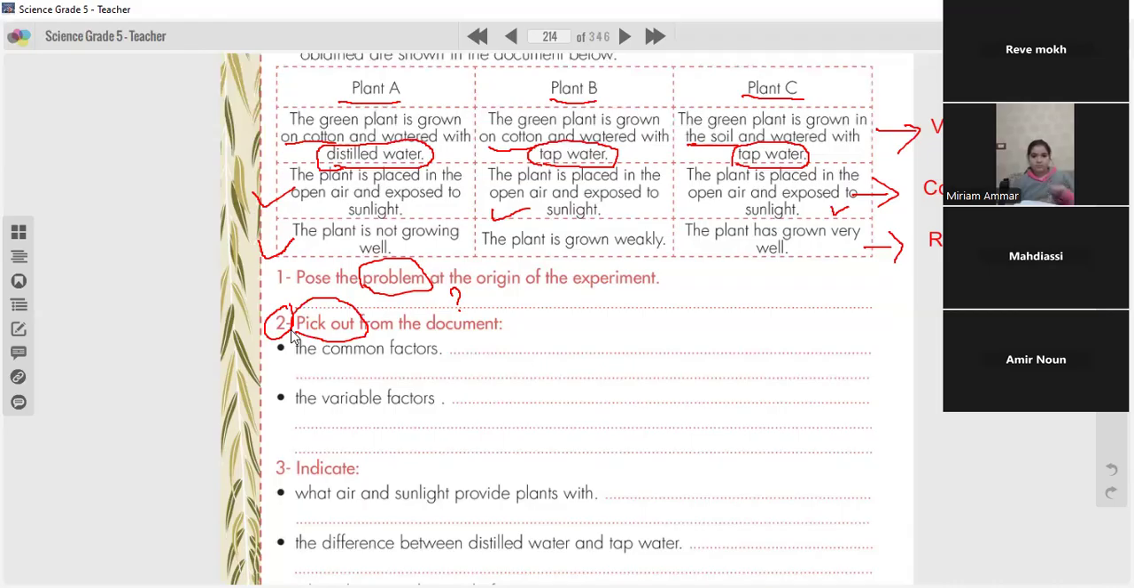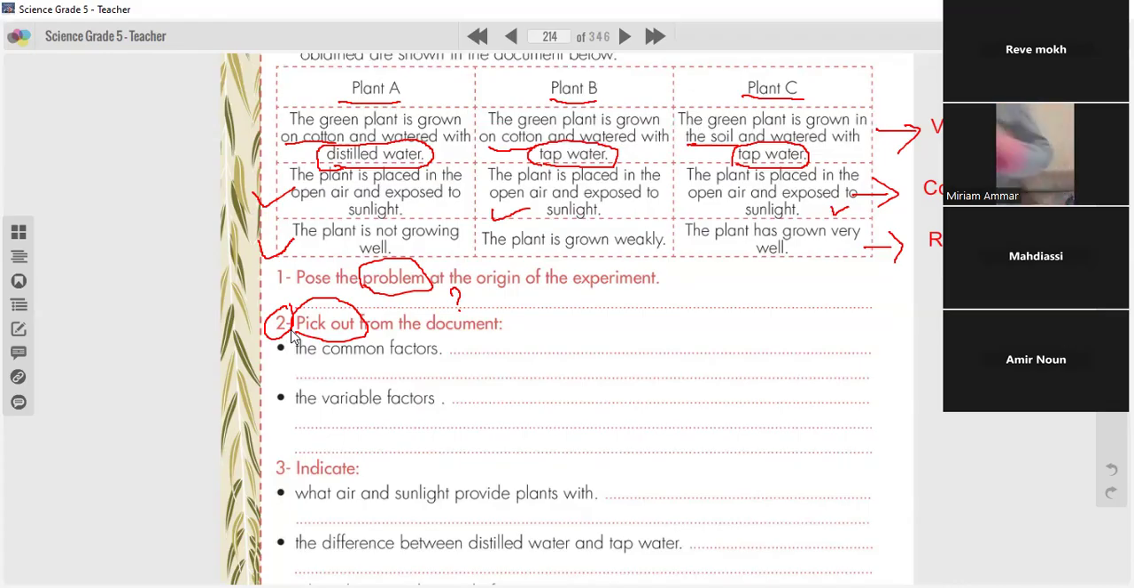Yes, exactly. We repeated this many times. Pick out, not from your mind. You have to take it from the document. Go ahead. What are the common factors here? The common factor of